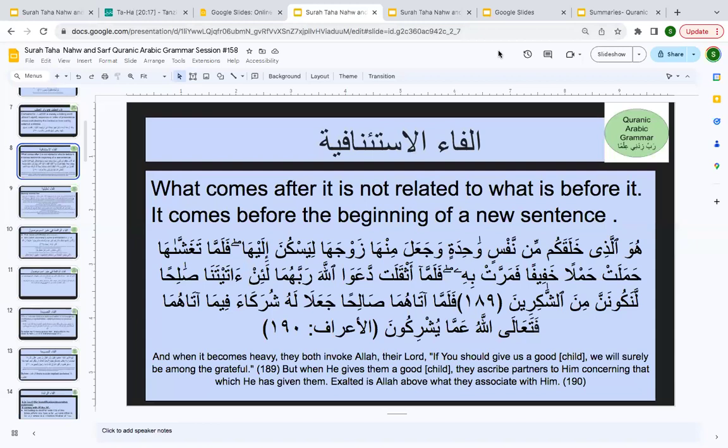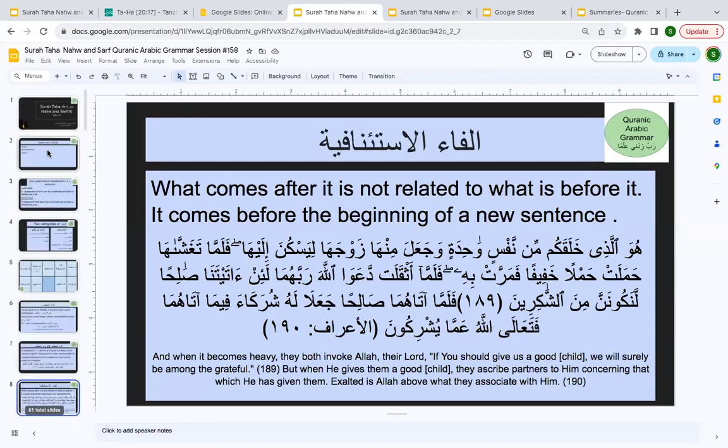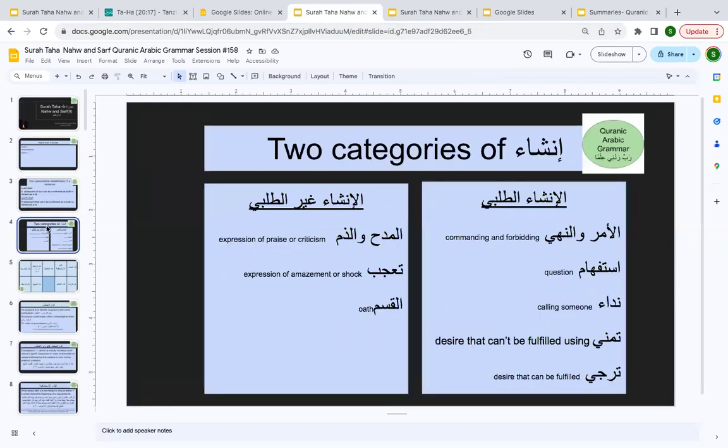The first one was fa atf. The second one was fa isti'nafiya. I want you to go over some sentences and see how you understand your types of sentences, the verses we have gone over in Surah Taha, ayat that we have already attempted. Kindly go back and find your jumla khabariya and jumla insha'iya, okay? And upload them in your homework folder, and I can have a look at that and see if you really understood something or not, okay?